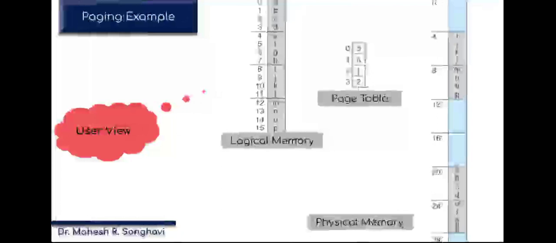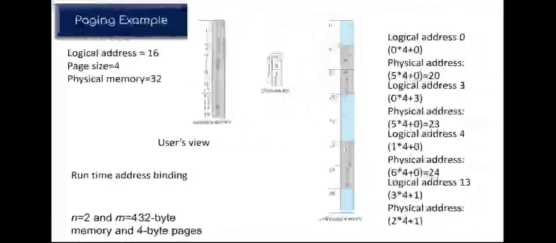It means that it will store its data from the fifth location. So accordingly we all have to understand that this way, by using the page table, we can anytime convert this logical address space into the physical address space. This example will again clear you about this. Again we have the previous example, where the user's view is important. We will understand that this page table will again help us to convert this logical address into the physical address, and here you will get this calculation.